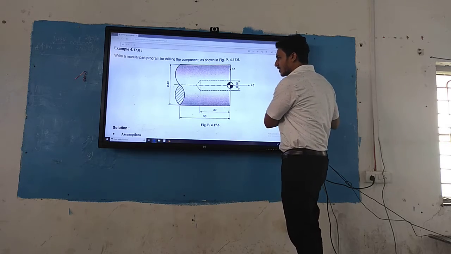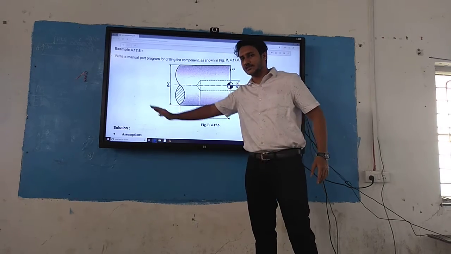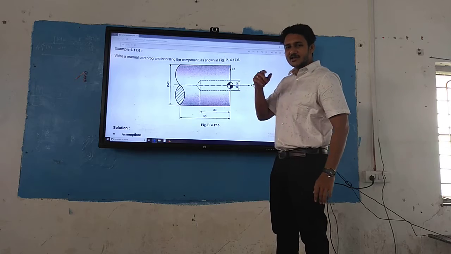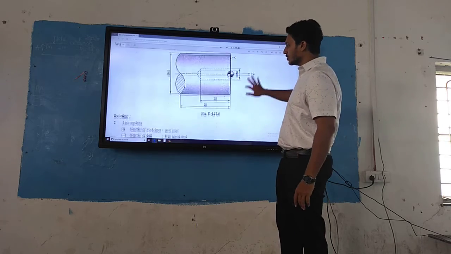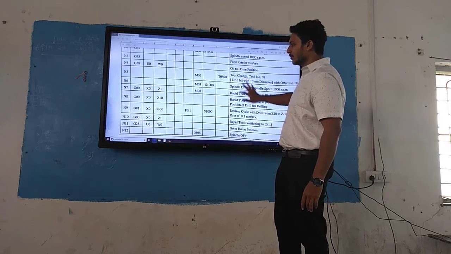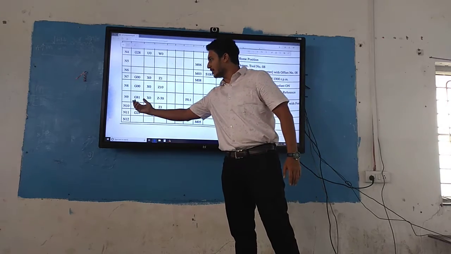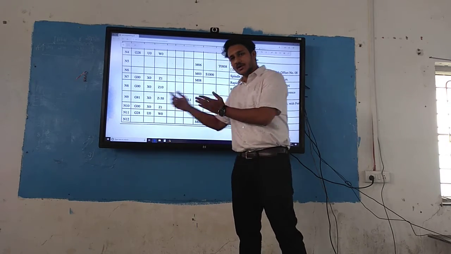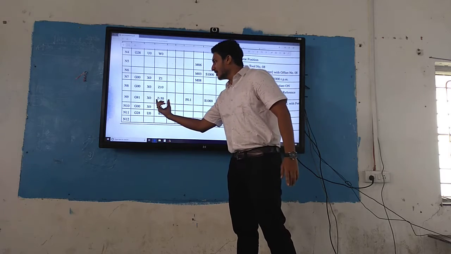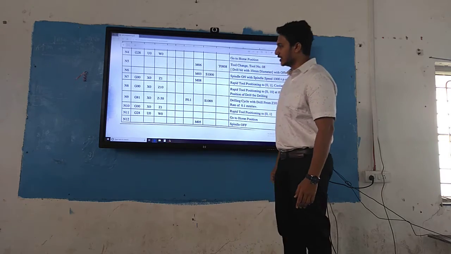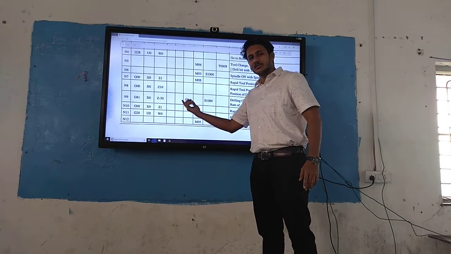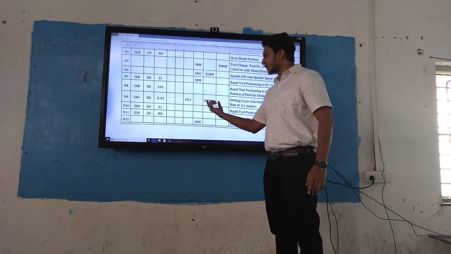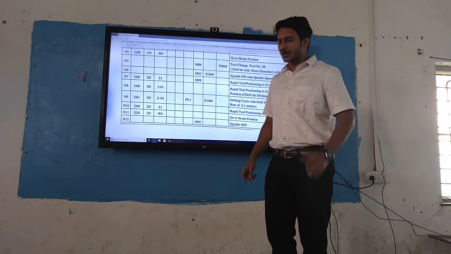This is the positive direction of Z, this is the negative direction of Z. X remains the same, that is the center, X0. So for drilling we have G81, X0 remains the same at the center, till Z minus 30 with a feed rate of 0.1 mm per revolution and spindle speed of 1000 revolutions per minute.